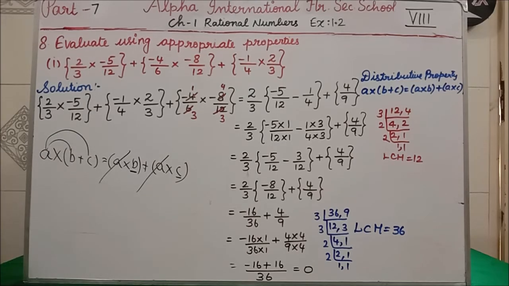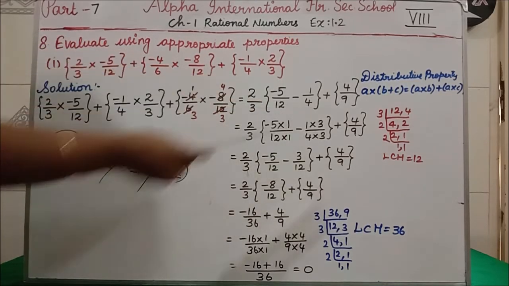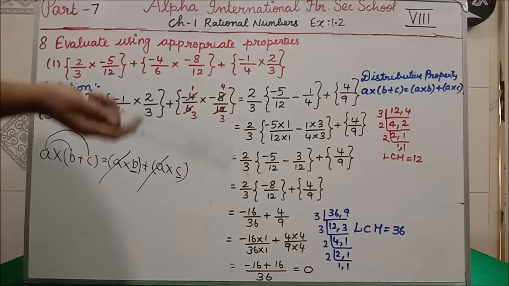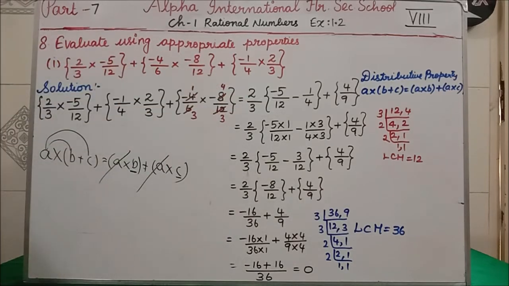So if minus is there, then the denominator term should be same. But here we are not having same. What we have to do? Two choices we are having. What is the first choice? We can do LCM or else we can do cross multiplication. Isn't it? Here I have done LCM method. See, 12, 4, I have taken the LCM. So what we are getting? 12, 4, if we take LCM we are getting as 12.